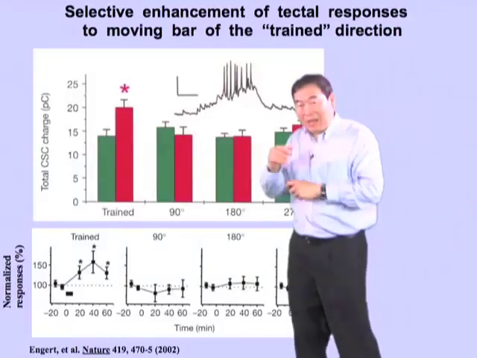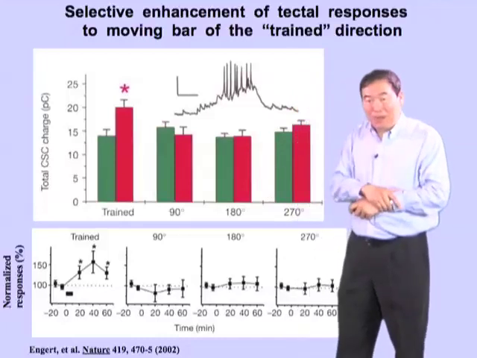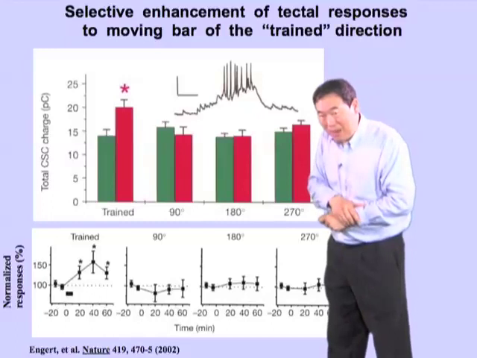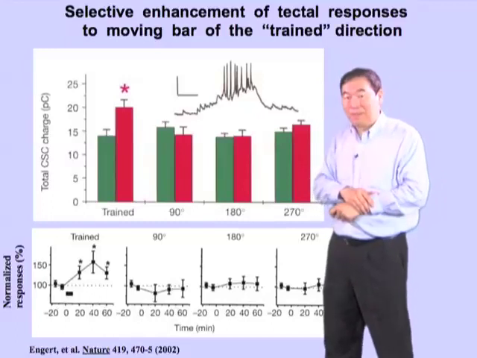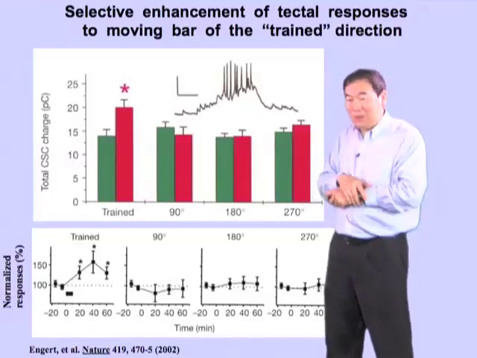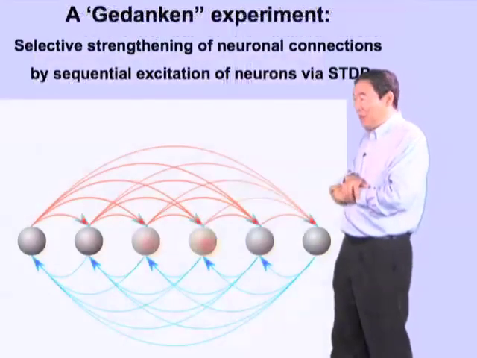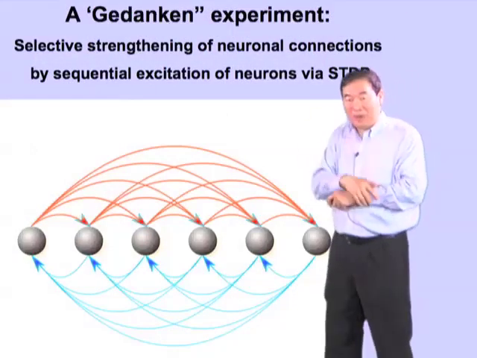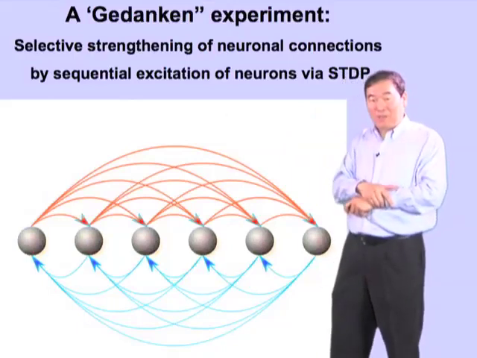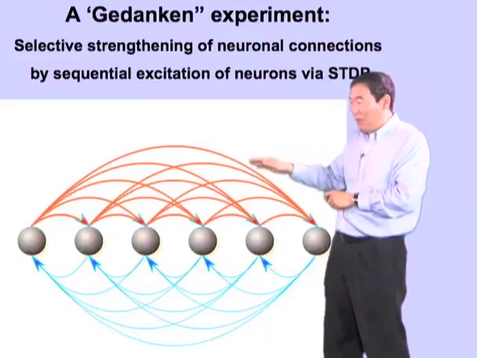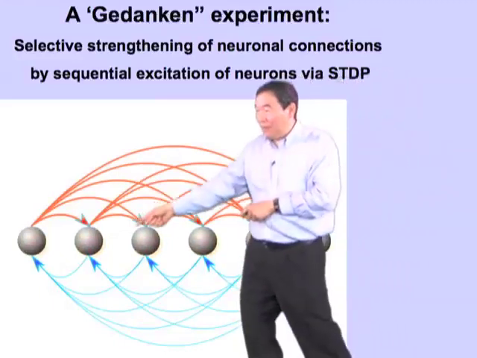Now, next I want to show you another example here in the primary visual cortex of the rat. Before that experiment, I want to give you a Gedanken experiment, that is, a thought experiment, of how we might expect this to happen. Now, if we excite a group of cortical neurons in a sequence from left to right,